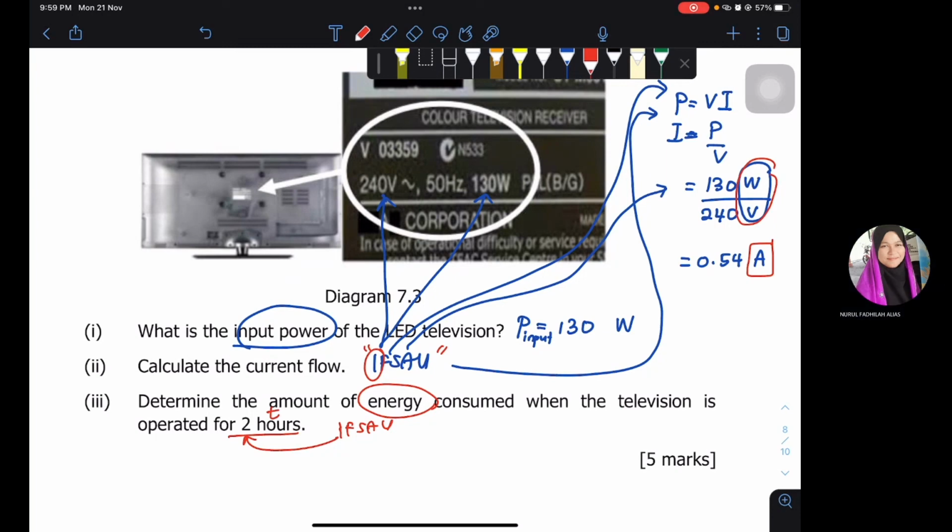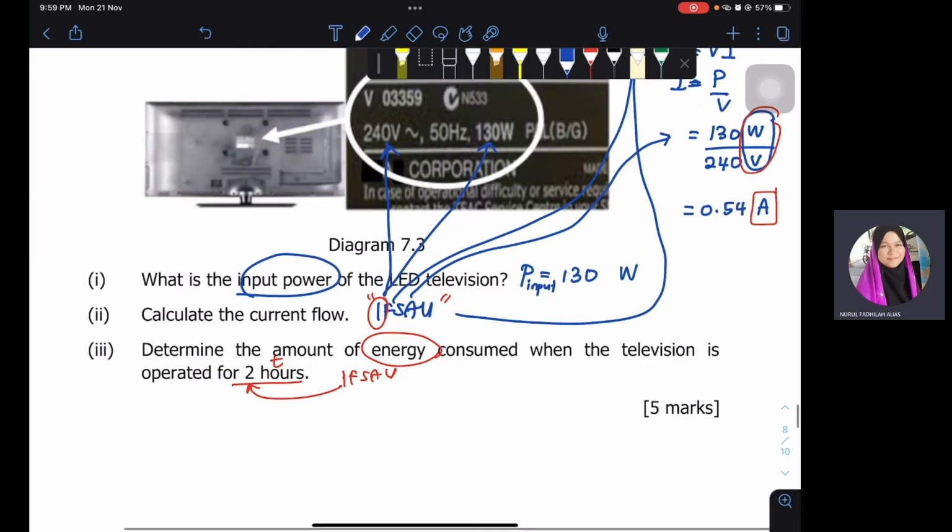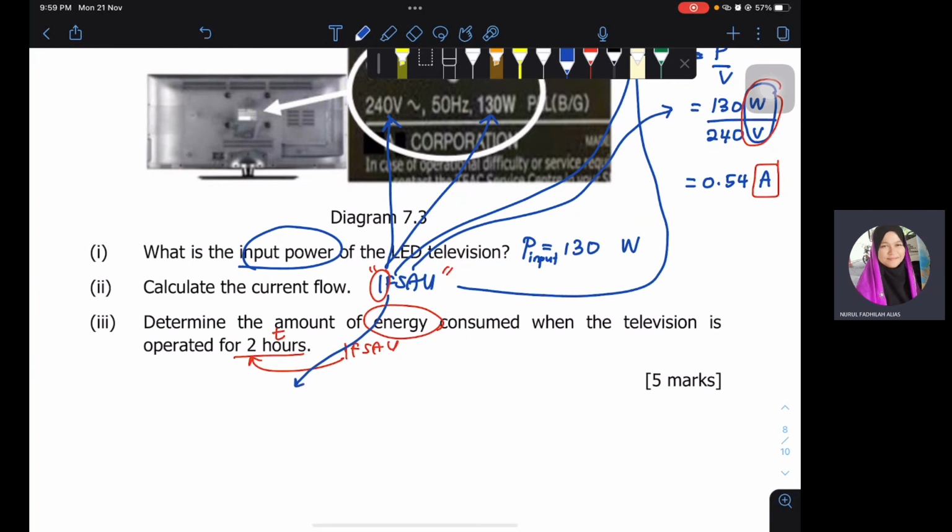So now kita nak tulis formula. So what's the formula? And tengok formula sheet. Ada PT. P equals to E over T. Jadi we know the power again. Time mesti dalam hours ke? Tak, ni energy. Ni bukan nak kira cost ni, kita nak tahu energy. Jadi time dia 2 hours, 60 minutes times another 60 lagi untuk dapatkan dalam unit second. Dapatlah 936